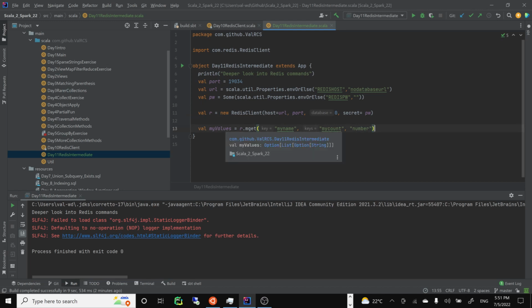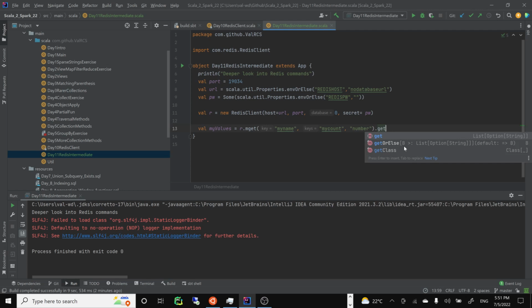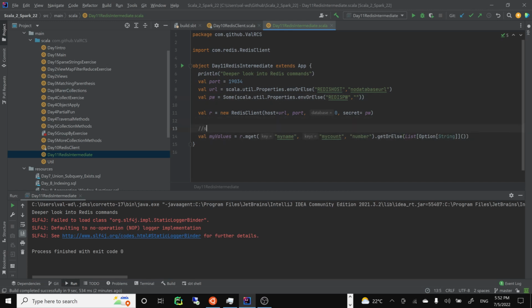So we will want to transform this into some values, right? Okay, we have my values. And again, let's do getOrElse. The type is List[Option[String]]. Let's do that, getOrElse List[Option[String]], kind of silly, but yeah, on this blank. And this is List[Option[String]]. Great. So we either get again, so we cast